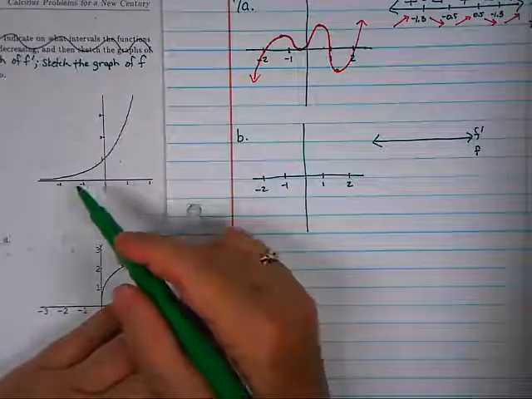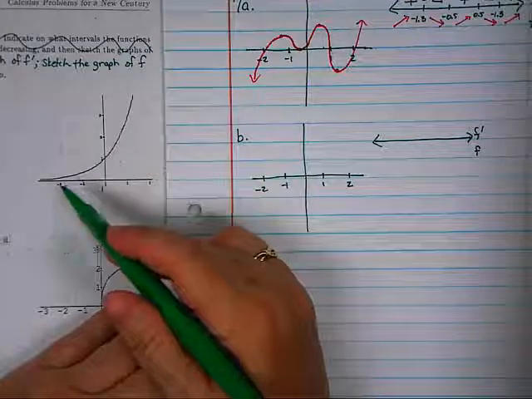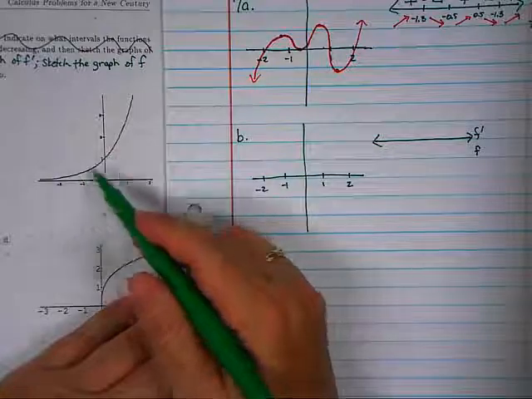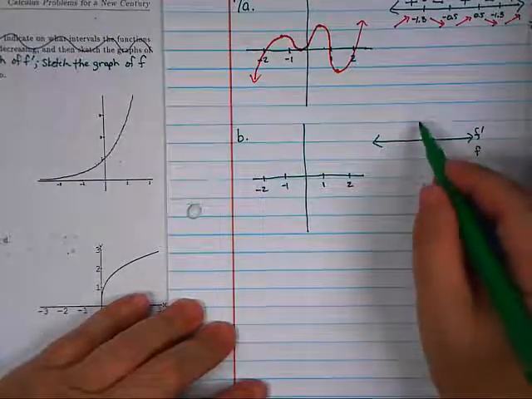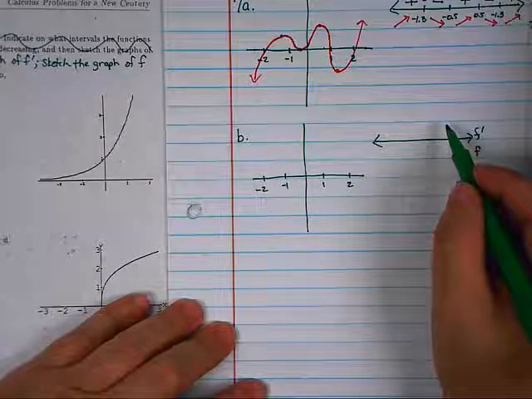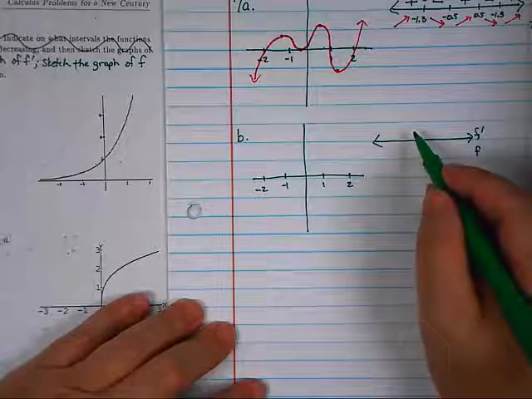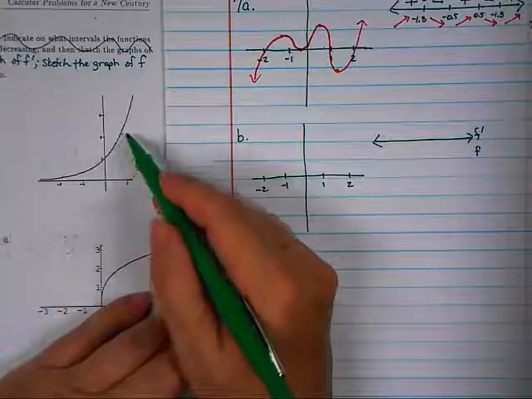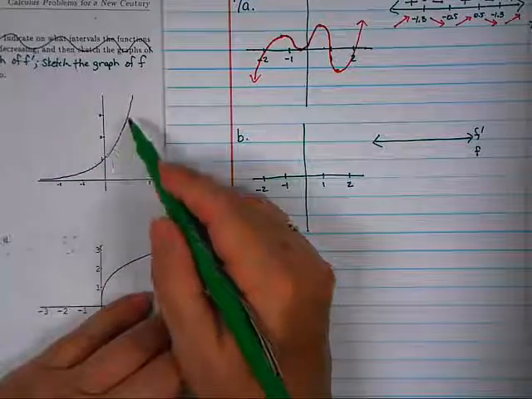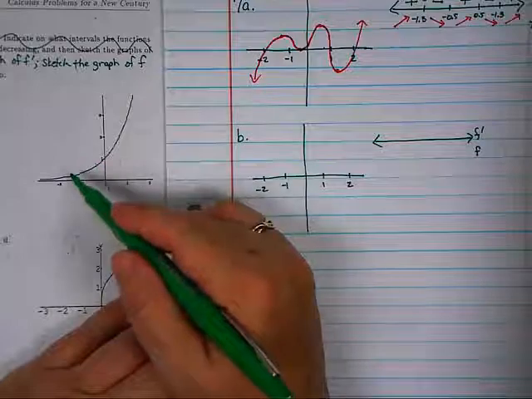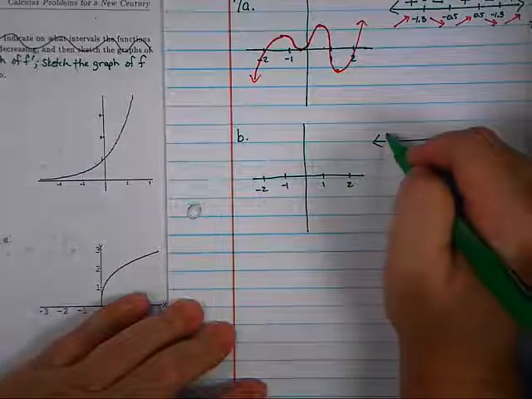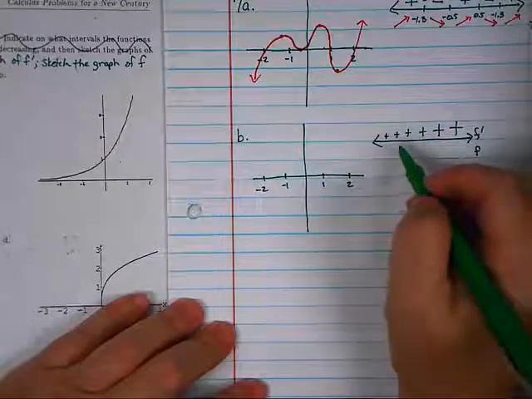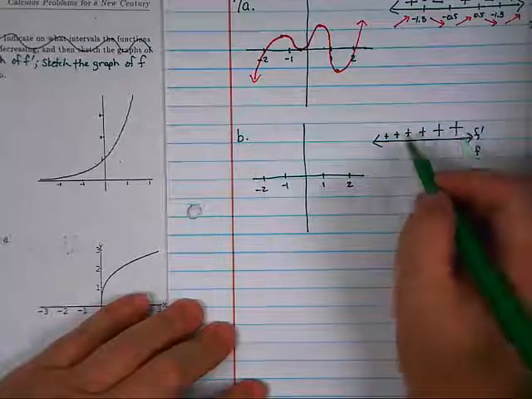So now, remember that I'm looking at whether this graph is positive or negative. And as you notice, this graph is positive everywhere. So in reality, I could put a big fat plus sign right here. But I'm going to go into a little bit more detail. What I want to do is think about how the positive values are changing. Are they getting bigger or are they getting smaller as we go? They happen to be getting bigger. So I'm going to draw this a little bit differently. I'm going to draw plus signs slowly getting bigger across the page